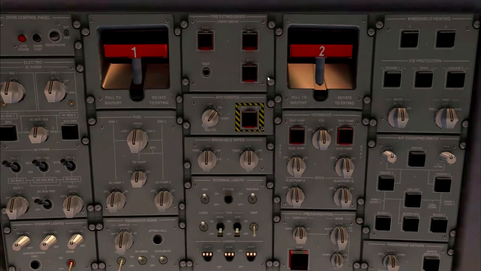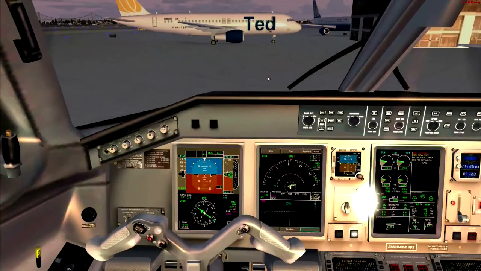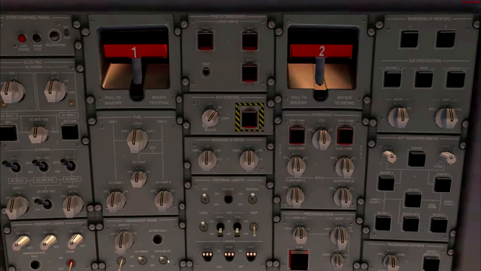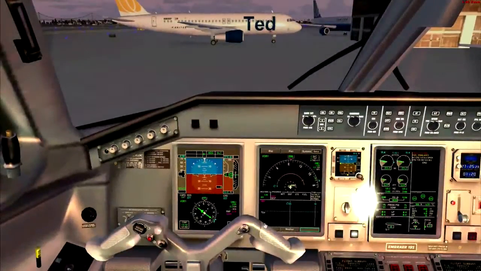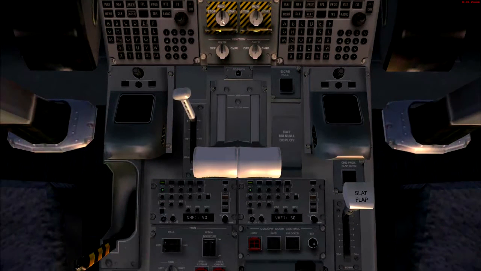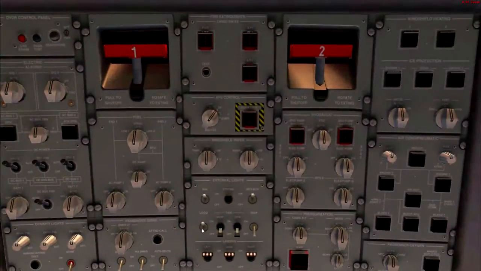Anyway. Parking and power down checklist. Parking brake. Parking brakes on. Flaps. Flaps up. No smoking and fasten seatbelts. Off. Engine 1 and 2. Stop. Landing lights. Off. Logo lights. Off. Nav lights. Off. Red beacon. Off. Strobe lights. Off. APU generator. Off. APU